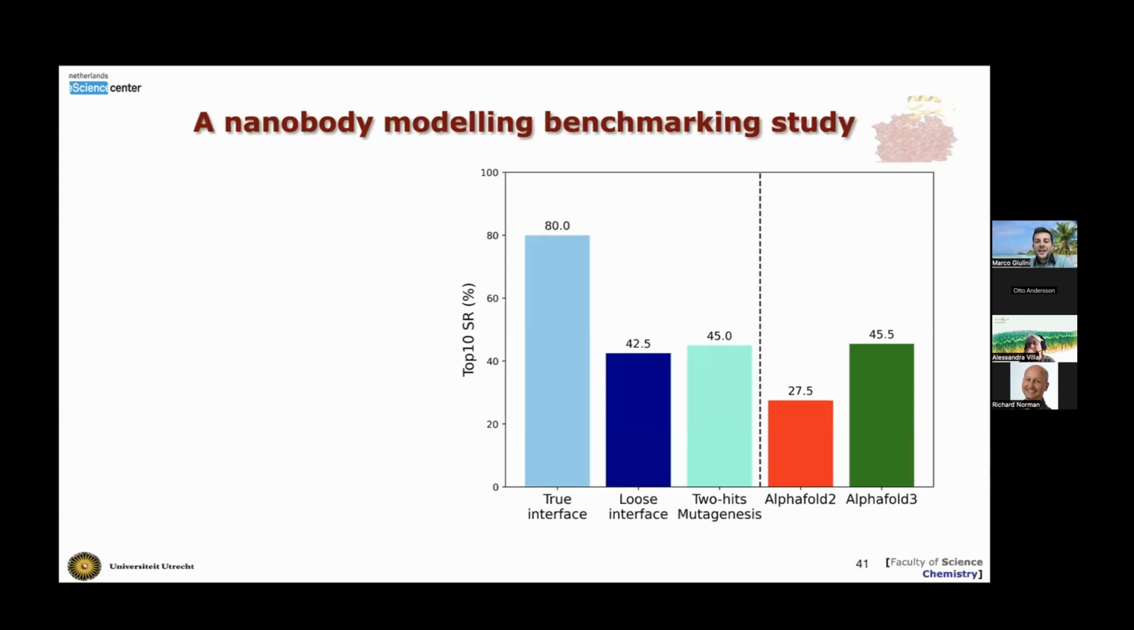And here are the results of the benchmarking study, much lower than for antibodies. So nanobodies are more challenging. And here I added an AlphaFold 3 performance, although AlphaFold 3 was only applied to a fraction of the dataset, so the fraction on which it was not trained on. And we can see that when the interface information is very good, ad hoc is really outperforming AlphaFold. But when the interface information is just partial, it's performing on par with AlphaFold 3 and much better than AlphaFold